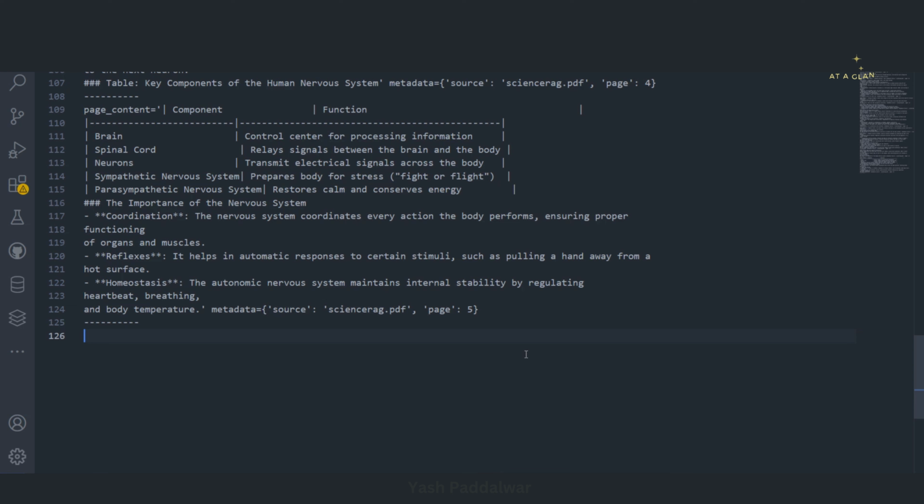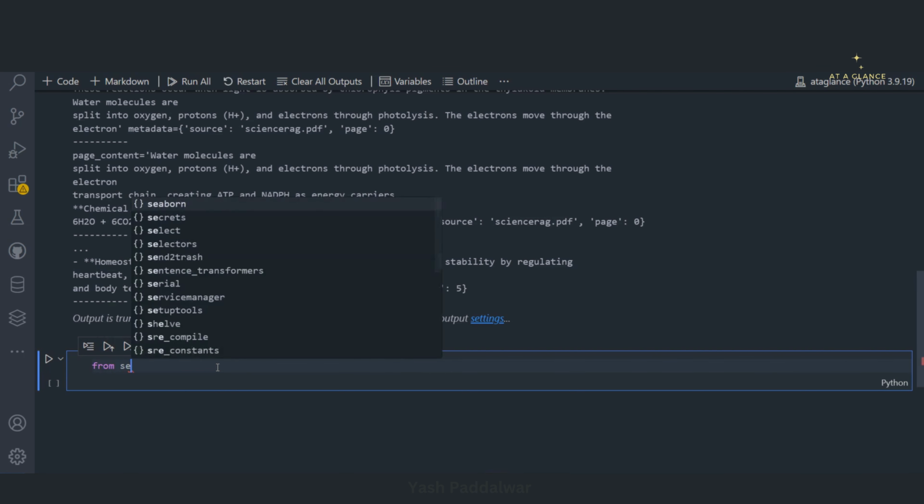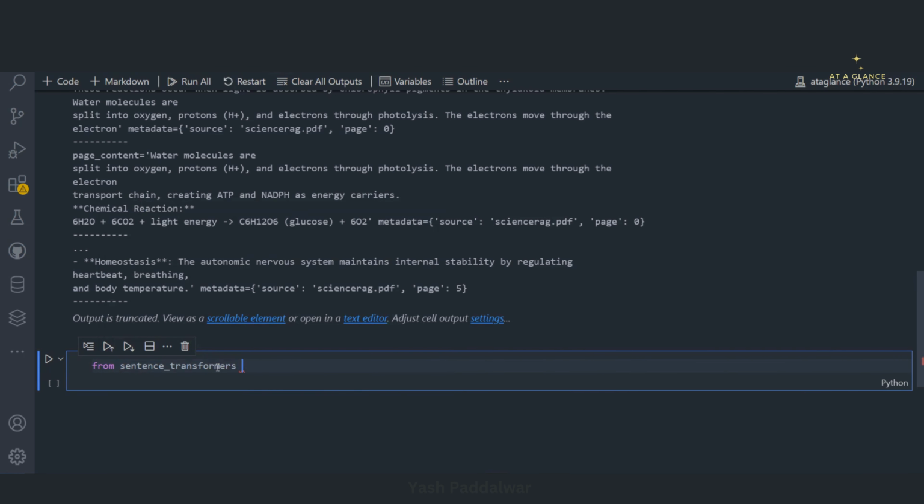chunks, that is the textual data, into embedding data. Now we can simply do that with the help of an embedding model. We are going to use an open source embedding model from Hugging Face. The model that we are going to use is from Alibaba NLP. The name of the model is GTE Large. Using that model, we'll simply write this code: from sentence transformers, import